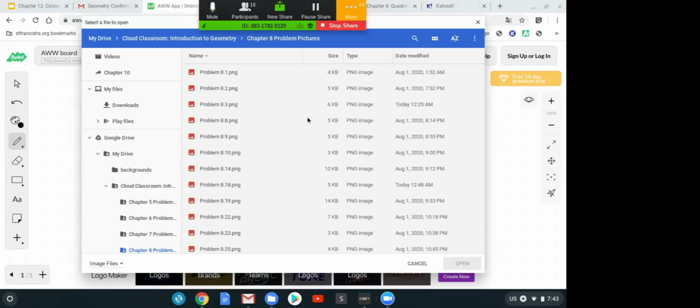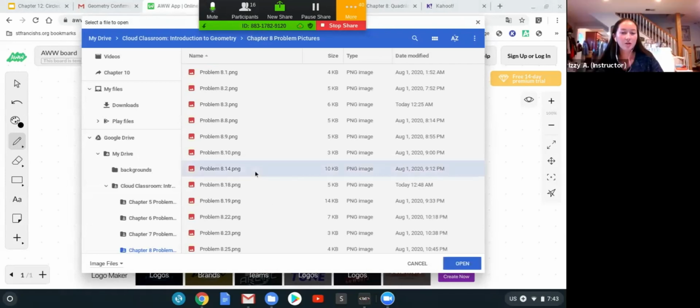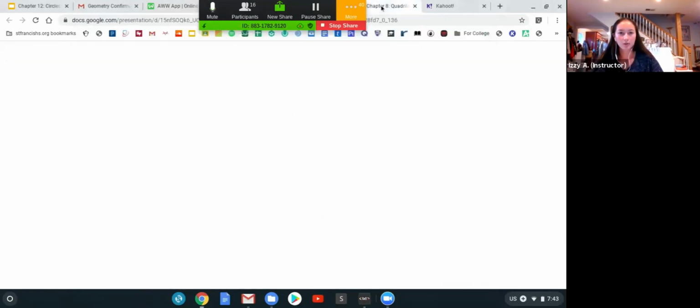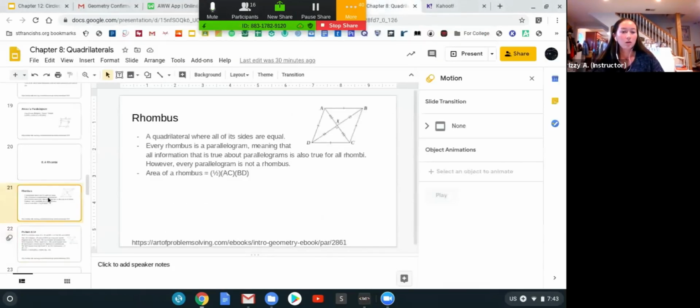Let's see, remember the area of a rhombus? Here, we can go back if you want to. The area of a rhombus is 1/2 times AC times BD, so it's the diagonals that you're multiplying. It's not these sides. Just a heads up, don't confuse the area of a rhombus with